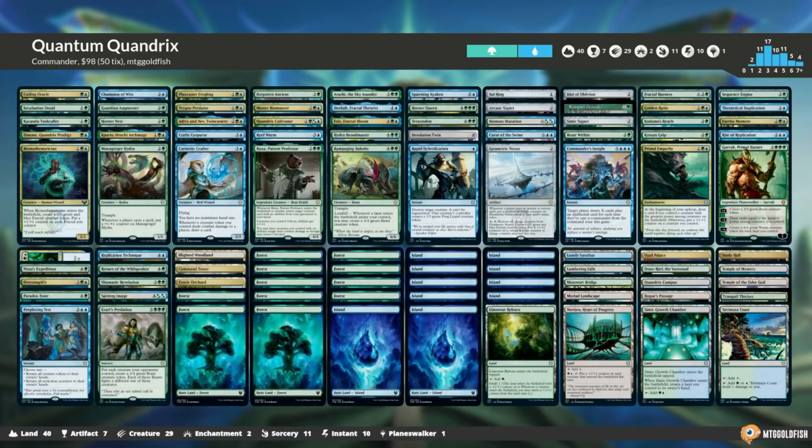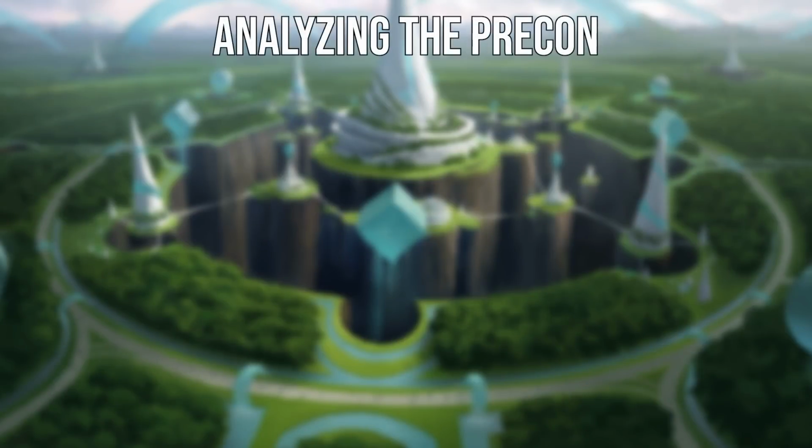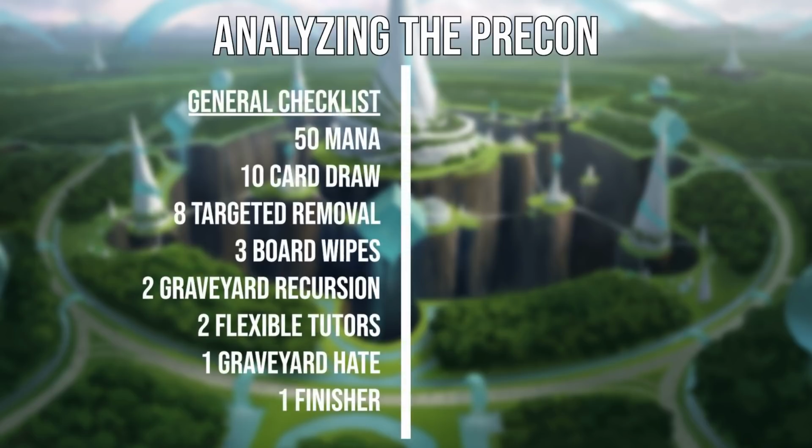Now that we've glanced at the list as a whole, let's take a look at the deck's ratios. As I often explain in my Budget Commander videos, every time I build a rough draft of a deck, I use a checklist to make sure the deck has all of its fundamentals covered, such as mana, interaction, card advantage, and so on. This gives me a reference point to compare to the deck and see which areas may need improvement. My general ratio is 50 mana, lands and ramp, usually a 37-13 split, 10 card draw, cards that net you 2 or more cards in hand, 8 targeted removal, split between creature, artifact, enchantment removal, and counter magic,